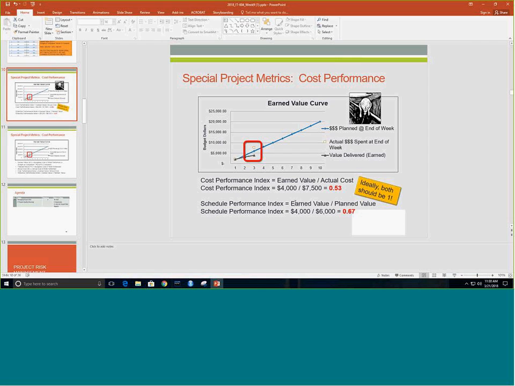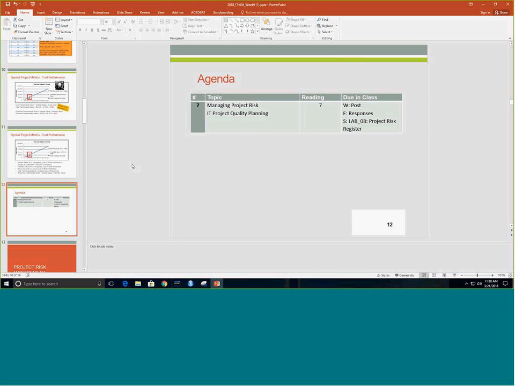And then our schedule performance index, which is the earned value divided by planned value, because remember, we always want to ensure that we measure the actuals in relation to our plan, right? This is why it's important to plan well and perform well as well, or to perform according to plan. And our schedule performance index here is at 0.67. Both are definitely not stellar, and this is where on a project status report there would be a lot of explaining to do. So now,